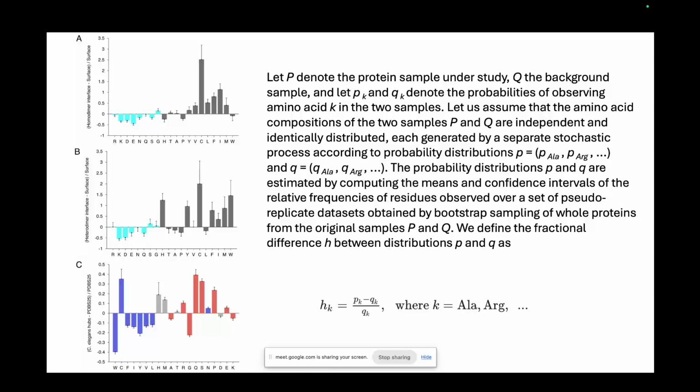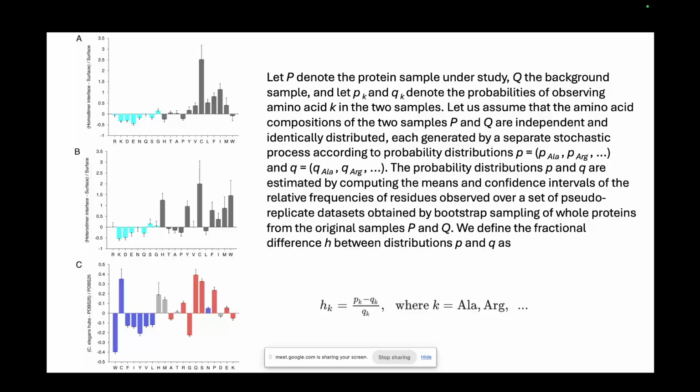So the idea is that if you have 20 amino acids that are present inside your body, what is the probability that a particular amino acid occurs in this particular region of a protein, depending on the background data that you have? Because you'll have a lot of proteins and the sequences, and you'll know at which positions a particular amino acid is occurring or not. So you have those probabilities